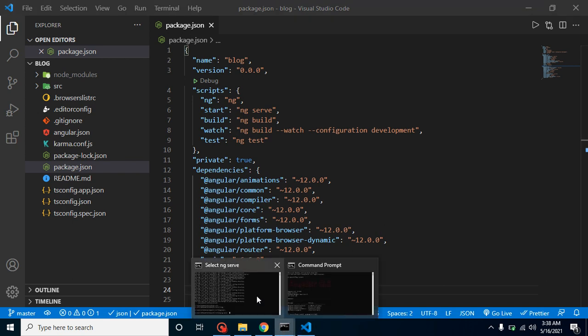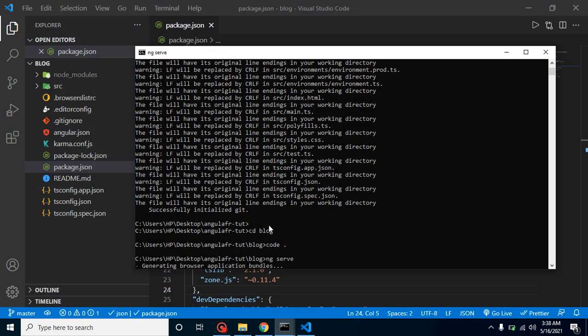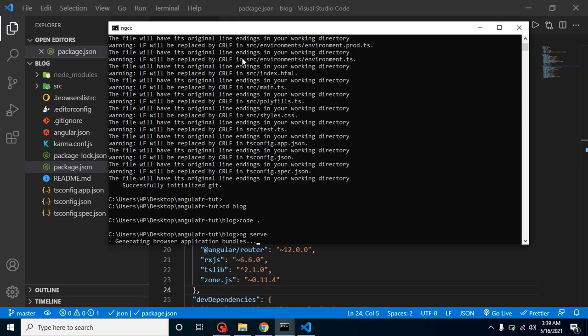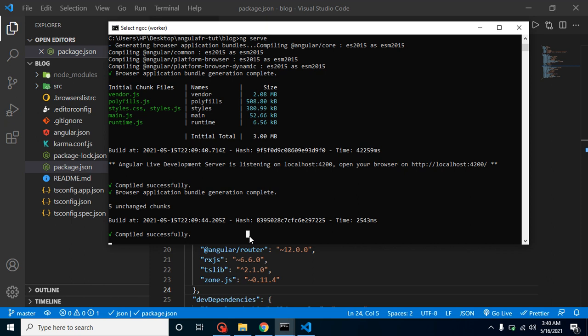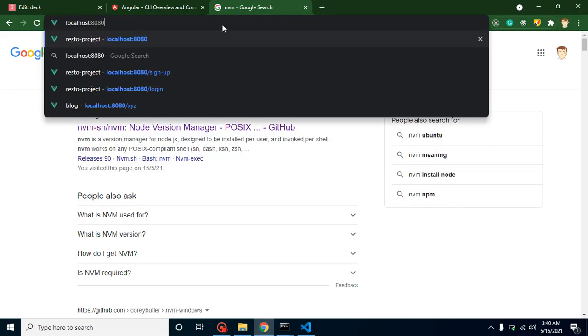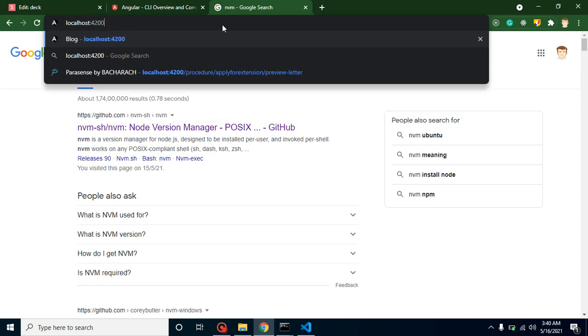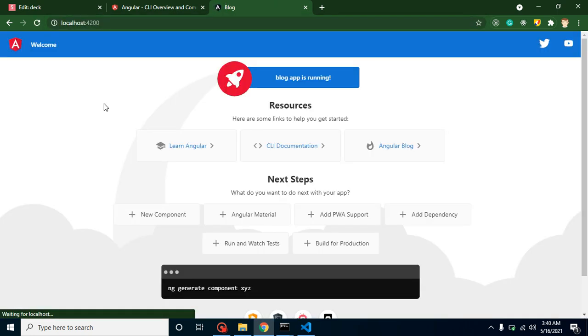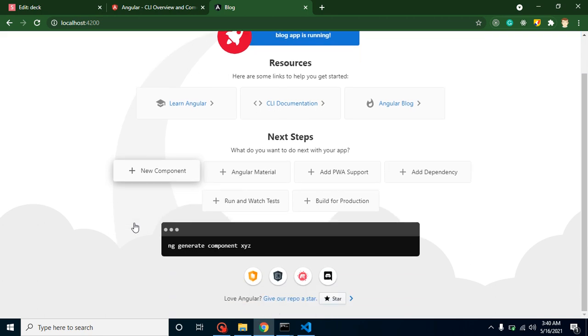And let's see whether our project is running or not. Yes, now it just started, because maybe I forgot to press enter. The project is compiled now, and we can run it on localhost 4200. So let's check here whether it is working fine or not. 4200, and here you can see that our application is installed and this is working great.